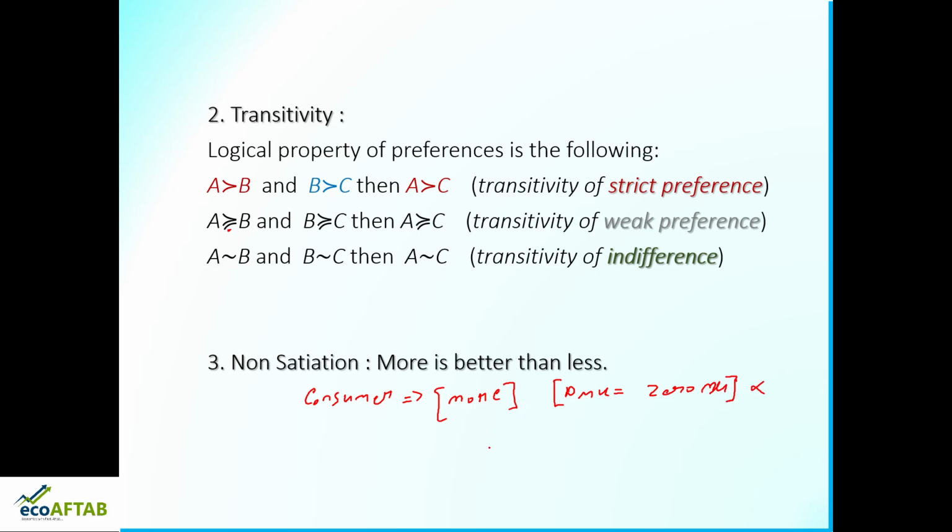Here, more is better than less. Meaning, I am having 10 chocolates and if you give me an 11th chocolate, I will not say no. Meaning, I may not eat this 11th chocolate, but what can I do? I can give this 11th chocolate to my sister, my friend, or my brother, but I will never say no, because even this 11th chocolate gives me satisfaction, even though I am not directly consuming it, I am owning it. That is what is meant by more is better than less. So the consumer, the more he gets, the better he will feel. Never will he say no and enough. That is the case of utility preferences.